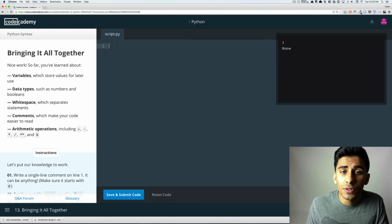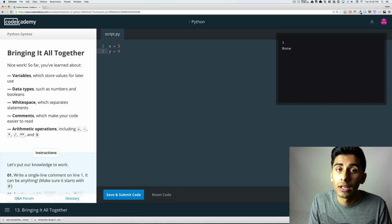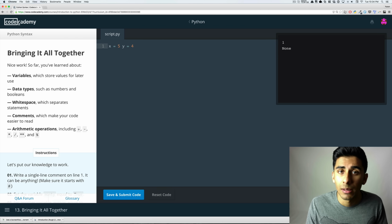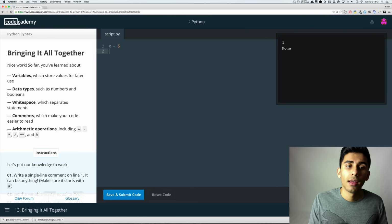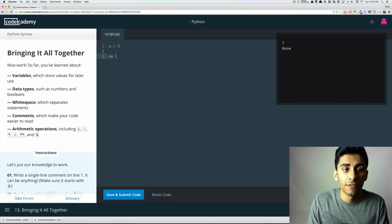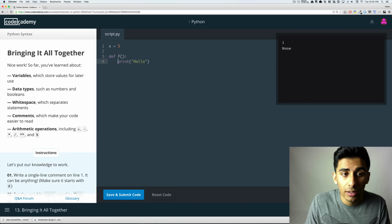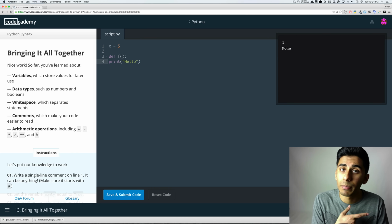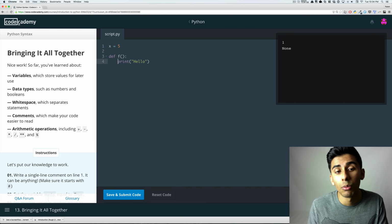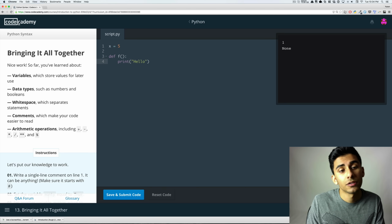Whitespace. So that's what separates the statements. If I had x is equal to 5, and now I'm doing y is equal to 4, that's separating the statements x=5 and y=4. You can't just do y equals 4 on the same line. You've got to give it some white space. And white space just means blank. And blank means something very important in Python. So if you did def f of nothing and it says print hello, well, it's not going to work if you don't have that white space before the print. So in Python, white space is very, very important. In other languages, white space doesn't matter. You just put squigglies around everything. But